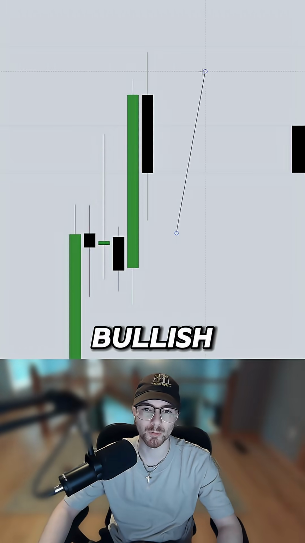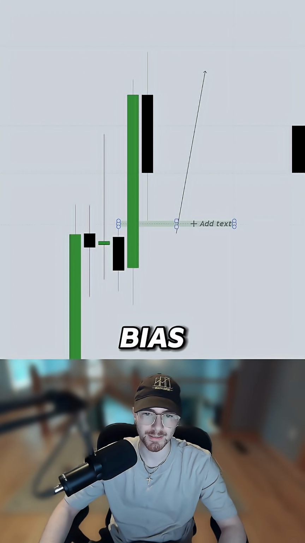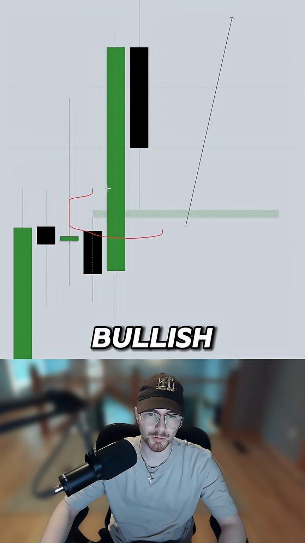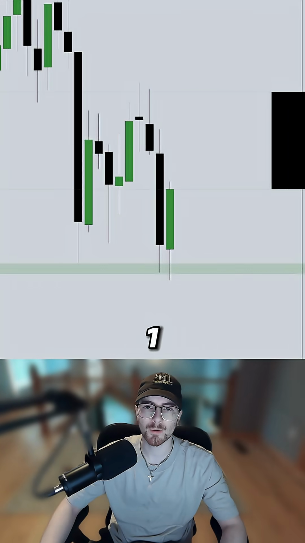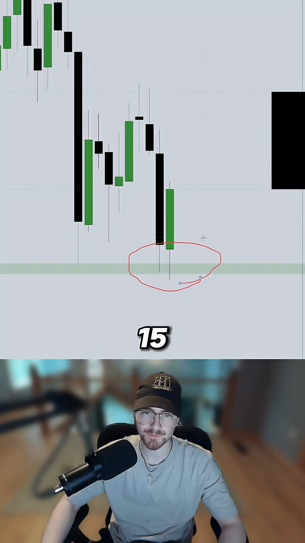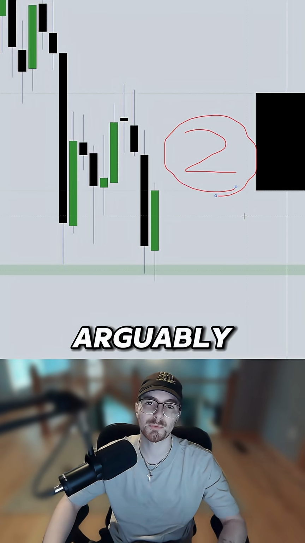Now that we know if we're bullish or bearish, we need to find a high time frame fair value gap that matches that bias. In this case, we have a 15-minute bullish fair value gap right here. So we're going to wait for price to tag into that and respect it. Down on the 1 minute chart here, you can see we tag into this 15-minute fair value gap and wick away from it. So now we can start to look for step 2, which is arguably the most important part